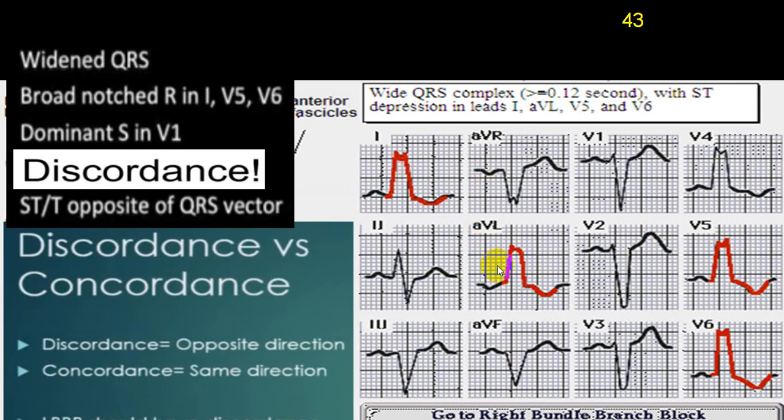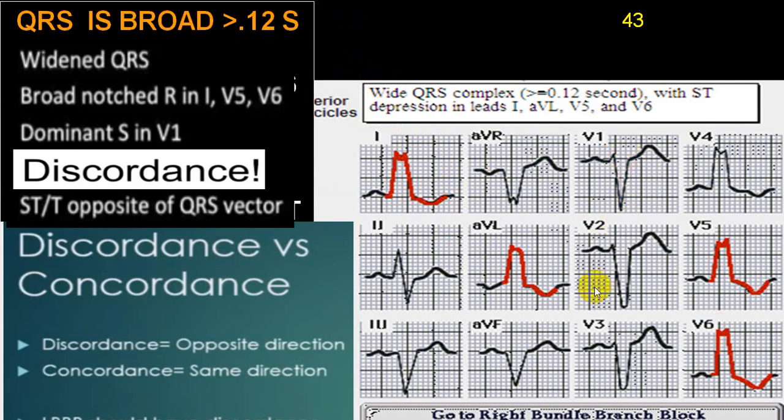While in case of lead 1, aVL and V5, V6, you will have an ST segment depression with T wave inversion. So that will be discordant ST segment changes. You will have a wide QRS in lead 1, aVL, V5, V6, which will be an RR' pattern. First R will be taller than second R. This is peculiar in case of left bundle branch block. And you will have a deep S wave. S wave will be taller than R wave in V1, V2. That is what we call left bundle branch block.